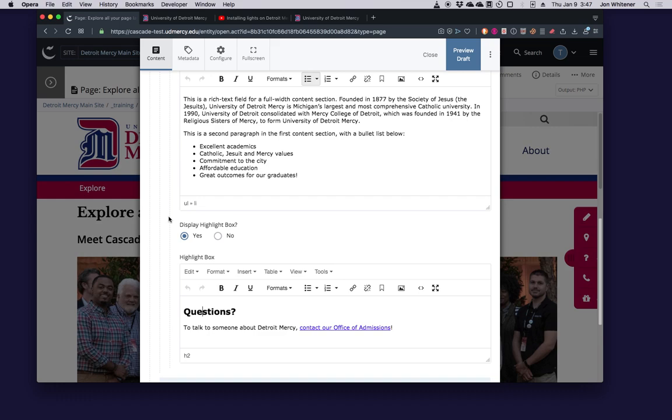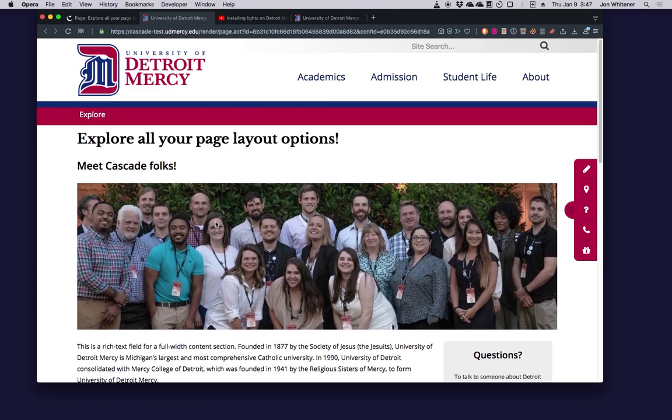The reason is because as we look at the page, and this has to do with content usability, the title of the page is the only thing that we have that is a level 1 heading, an H1 or heading 1. Everything else would be either a heading 2 or a heading 3 or lower. So this is a heading 2.